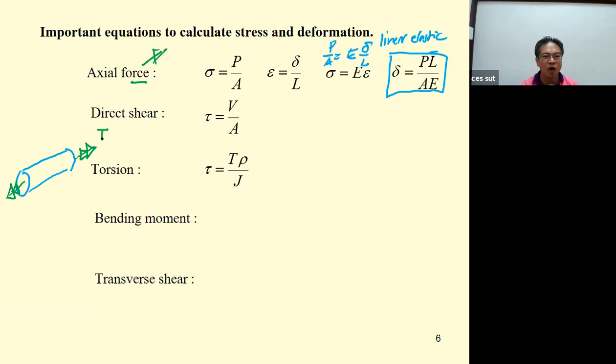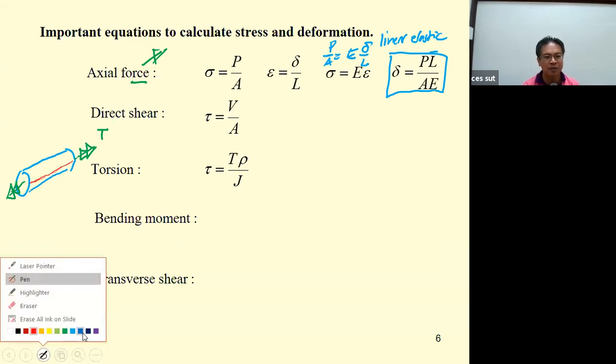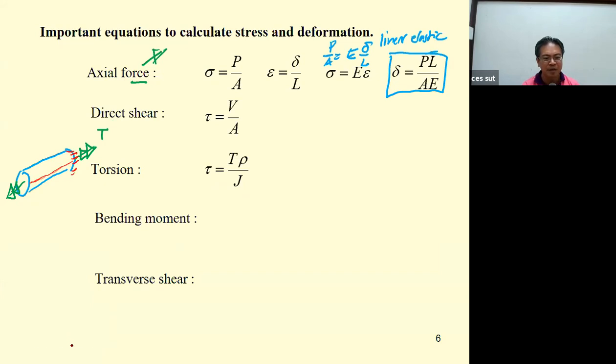This torsion produces shear stress because when you twist this, taking the red line as the reference line and fixing this end, the red line will be twisted into the purple line. And then you will see this is going to be the angle of twist, and this is going to be the